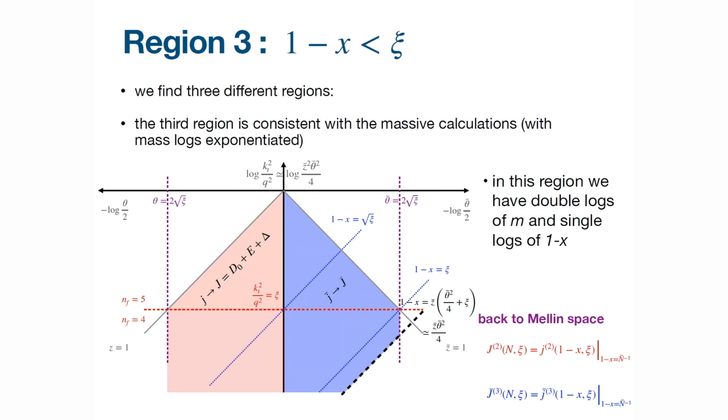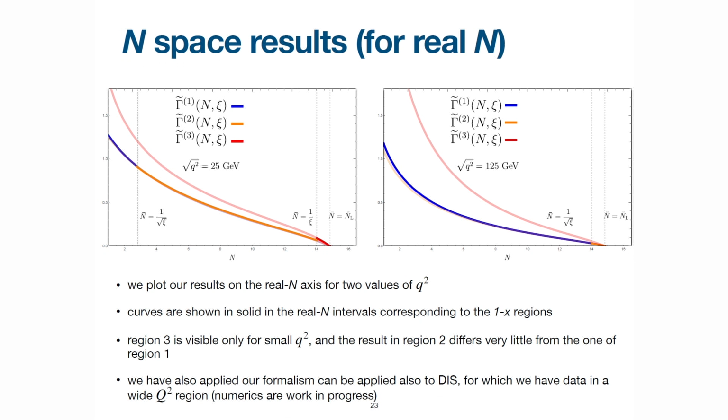So this calculation is done in x space. How do you go back to Mellin space, because at the end we want to match to the usual calculation. You can notice that at next-to-leading log, you can simply identify 1 minus x with 1 over n bar, with n bar being n times e to the Euler gamma. And this is enough to capture this logarithmic accuracy. Now, beyond this, it's more complicated. Okay. So we have some first results in n space.